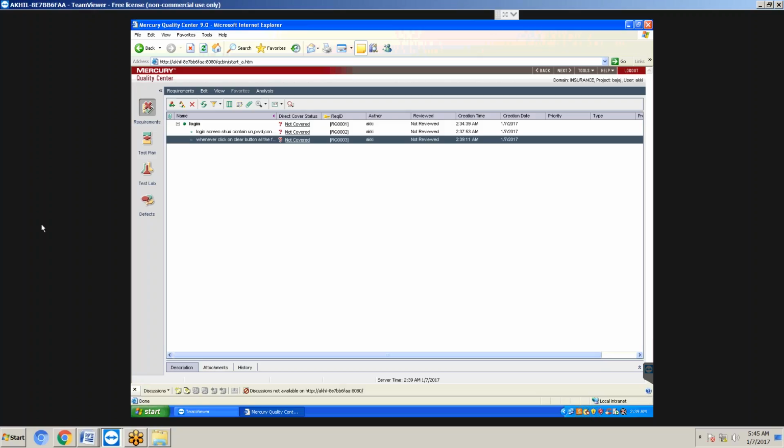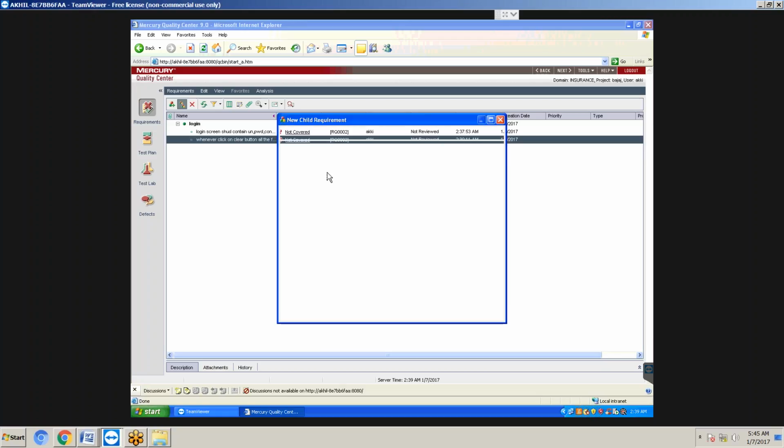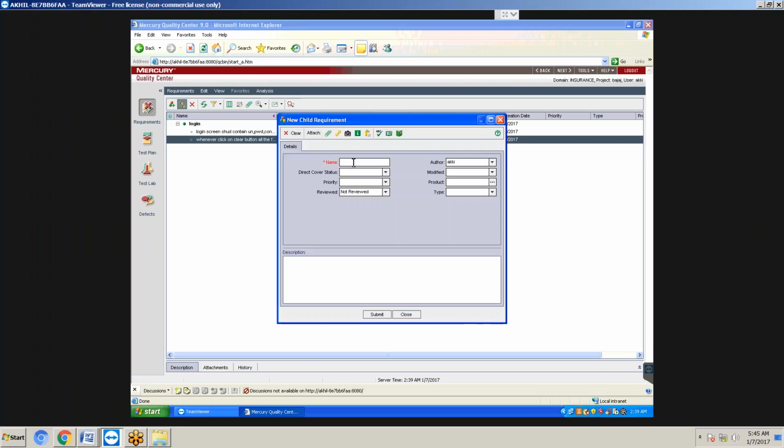Third requirement I am writing: cancel button always enabled.